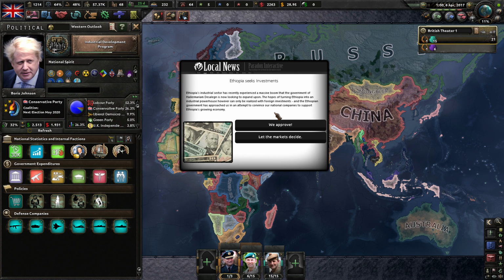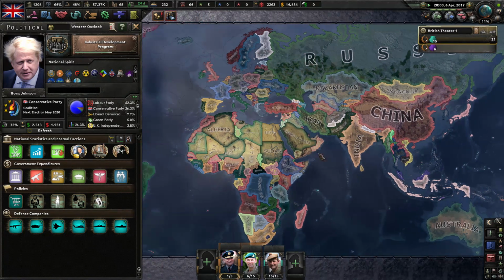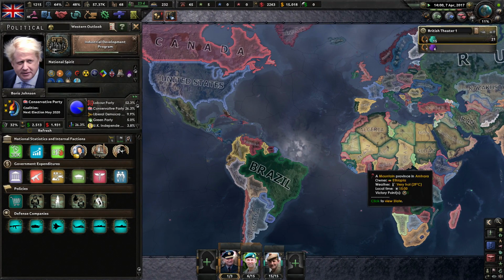Ethiopia seeks investment in the African subcontinent. We can approve or let the market decide. It could get us a little bit of money diving into the African economy. I think we will. We'll approve it because there are going to be certain other factions around the world investing